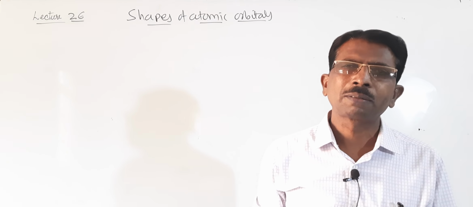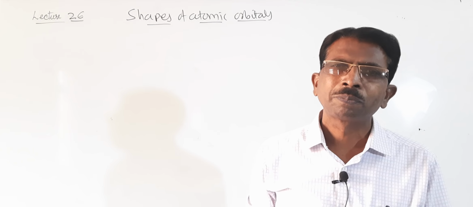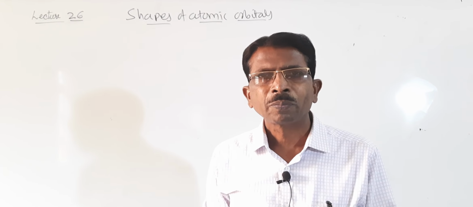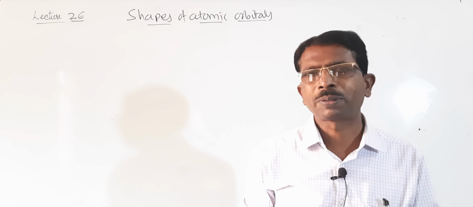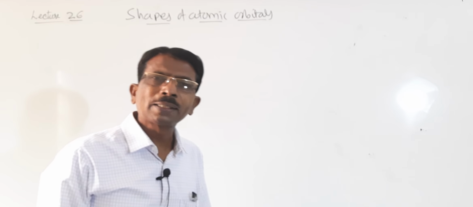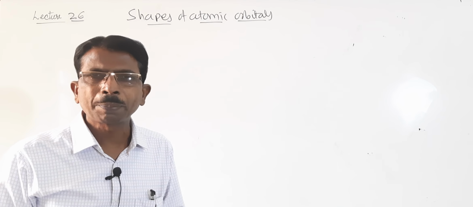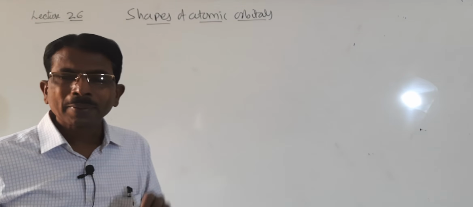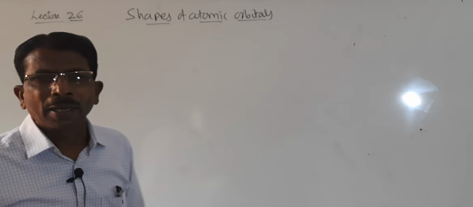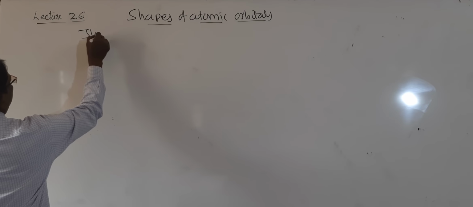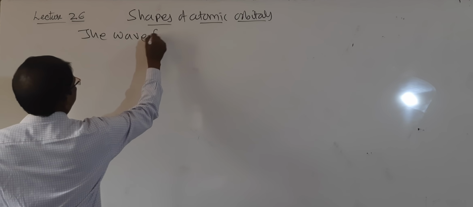Look here, we know the shapes of the atomic orbitals. The s orbital has a spherical shape, the p orbital has a dumbbell shape, the d orbital has a double dumbbell shape, and f orbitals have complex shapes. So how did they come to know that these are spherical, dumbbell and double dumbbell shapes? At the beginning, while determining the shapes, look here, the wave function,